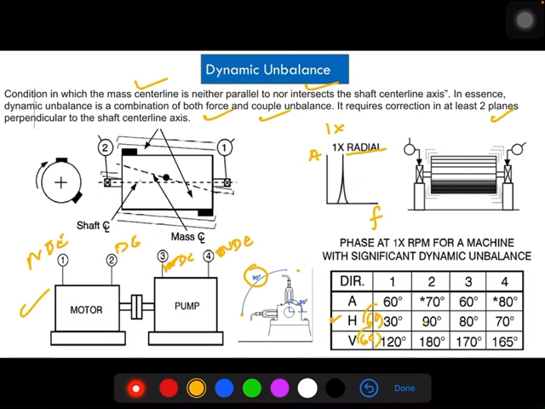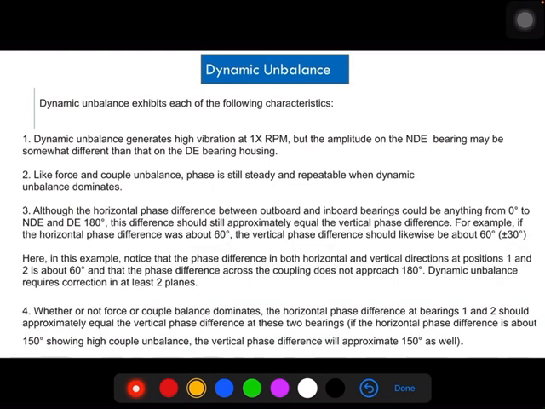Yeah, means the horizontal DE and NDE, there is a phase difference of 90 degrees plus or minus 30. You will get it here. Similarly in the vertical also 90 degrees plus or minus 30. And again, the phase difference in the horizontal plane and in the vertical plane are approximately equal. 90 minus 30 is 60 and 180 minus 120 is 60. Both are approximately equal. So as a summary, I am explaining here, dynamic unbalance generates high vibration at 1 into RPM,